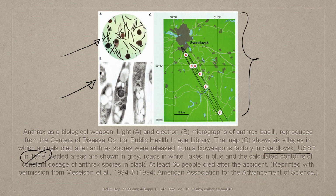And what happened is that it led to the spread, and 66 people died, and this is the radius where it spread. All of what you see is how the spread happened. So this is one piece of evidence. It was a leak, some form of negligence, which led to the outbreak of anthrax